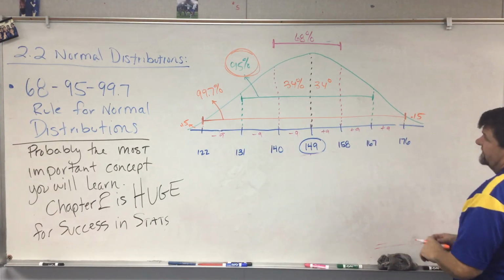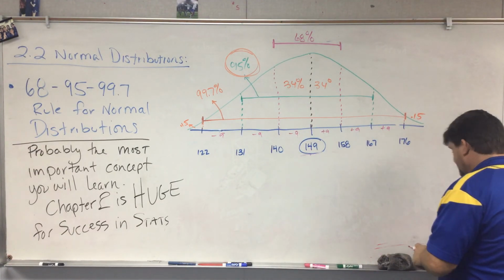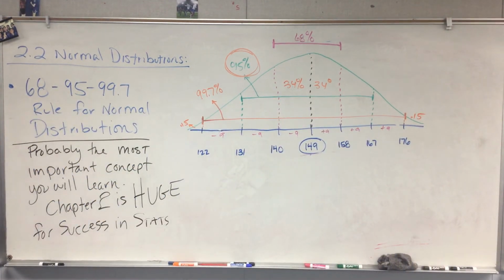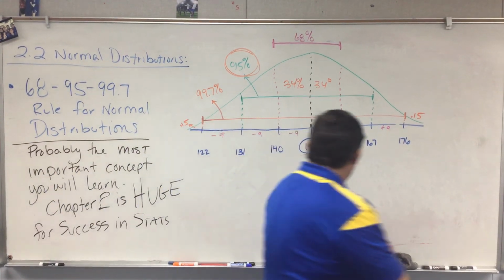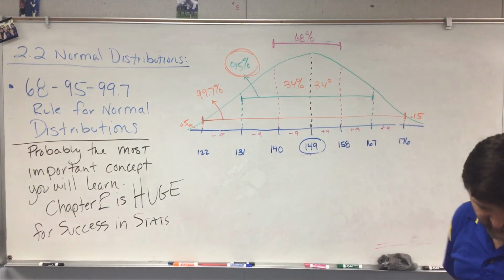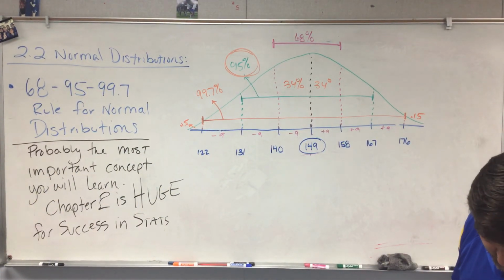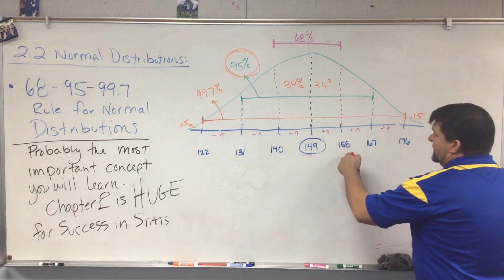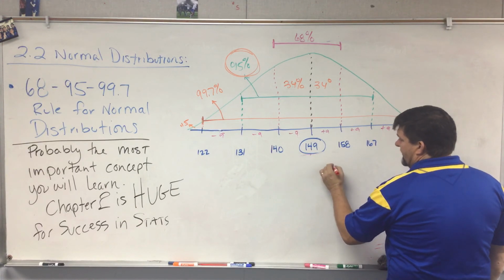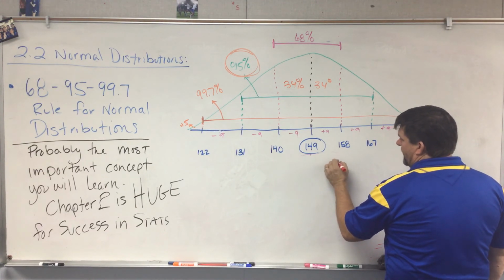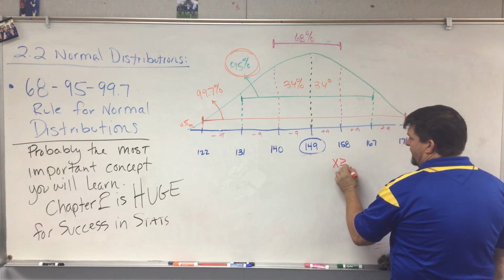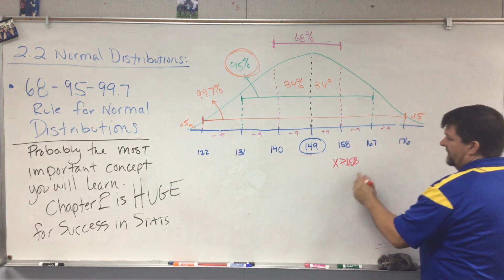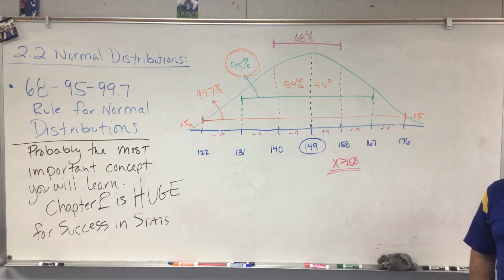It's always good to shade what you're looking for. So I'm going to use red. The first example asks about what percentage of 12-year-old boys will be over 158 centimeters tall. So what percent are greater than 158 centimeters? So if we set this up,